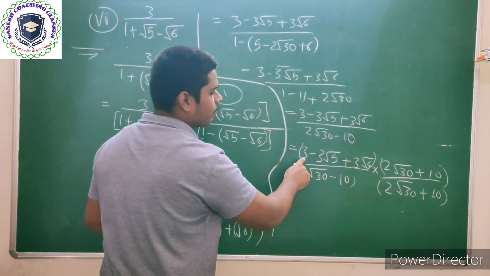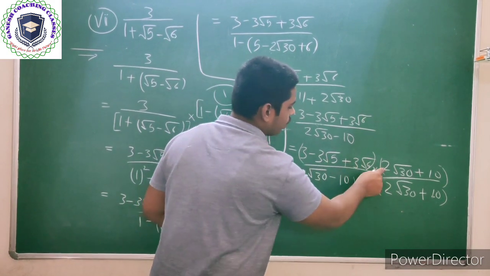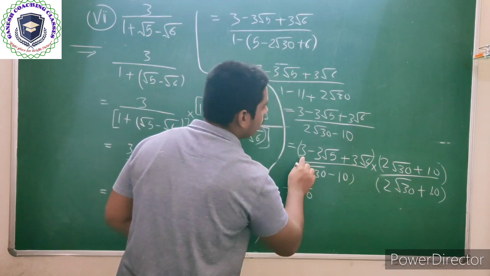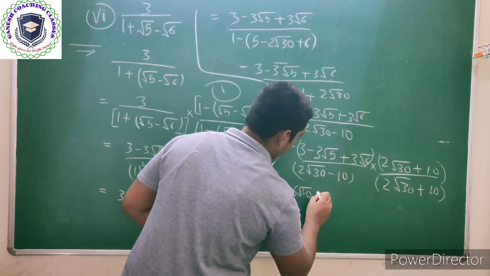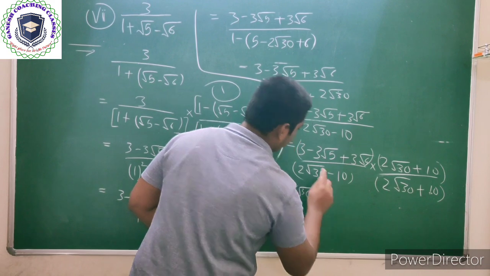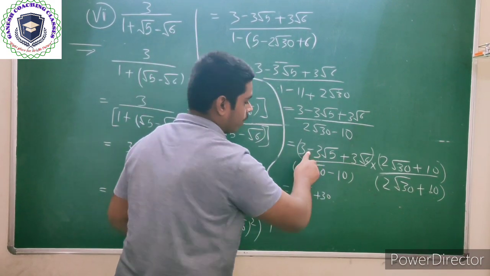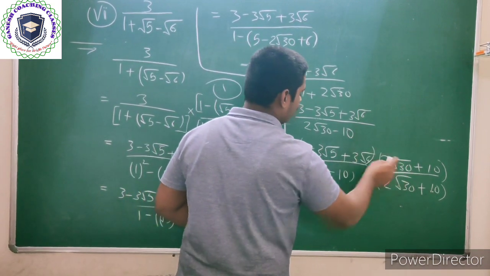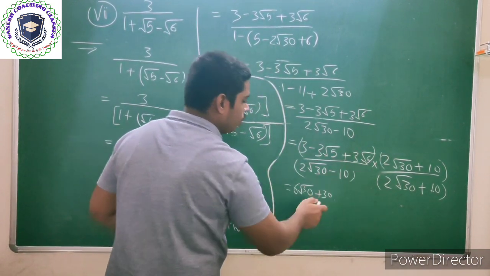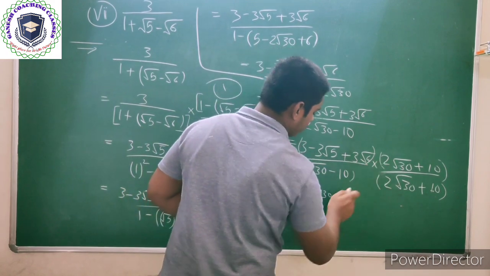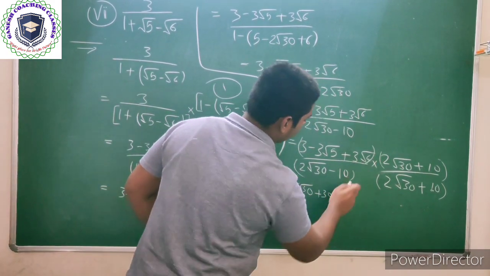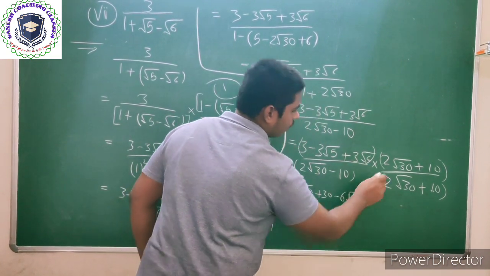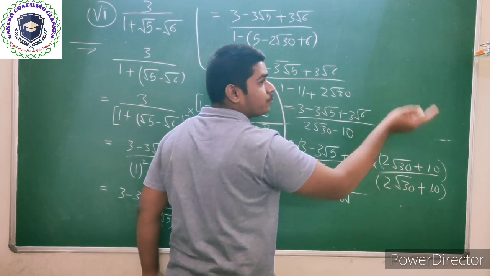When we multiply the first number of the first bracket to the second bracket, 3 2s are 6 and root 30 remains as it is. 3 10s are 30. Now this 3 root 5 carries a minus sign, so minus 3 root 5 into 2 root 30. The radicand will multiply to the radicand and the coefficient will multiply to the coefficient here, so minus plus minus. 3 2s are 6 and 5 into 30. Tell me, 30 can be written as 6 5s are.